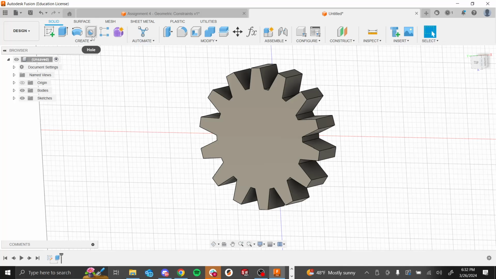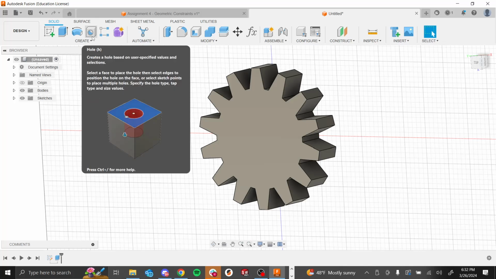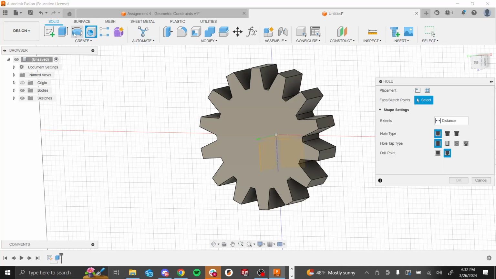So when we use the hole tool, we retain that data when we send it off to someone. That's why I highly encourage you to use this tool. It's also really nice for creating threads. Instead of having to model the thread profile, it'll just make it for you, which is very nice. So this hole tool is right next to the revolve, and then it'll allow you to select different points